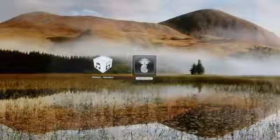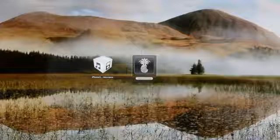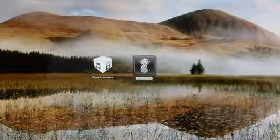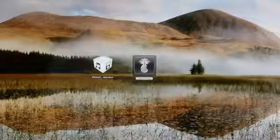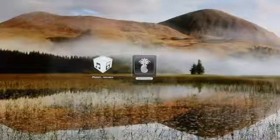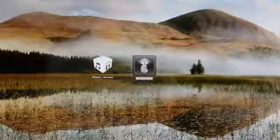Of course, I will be making an updated tutorial as soon as Red Snow is updated to a version that can natively support iOS 6.0.1. Also, this is a tethered jailbreak and it only works on, again, the iPhone 4, iPhone 3GS, and the 4th generation iPod Touch. However, what we can do after this tethered jailbreak is essentially convert it into a semi-tethered or a semi-untethered jailbreak. And I'll explain that more towards the end of this video after we complete the tethered jailbreak